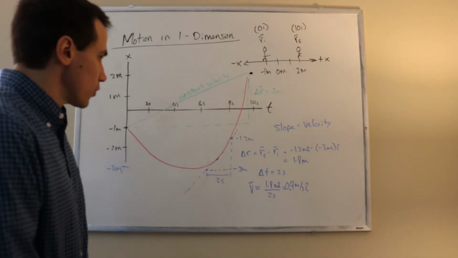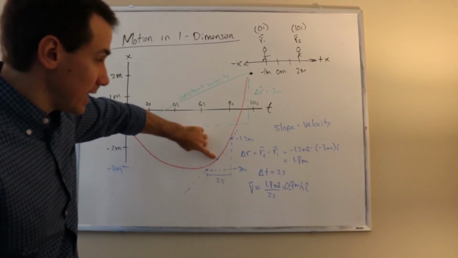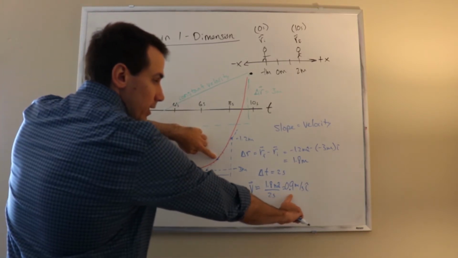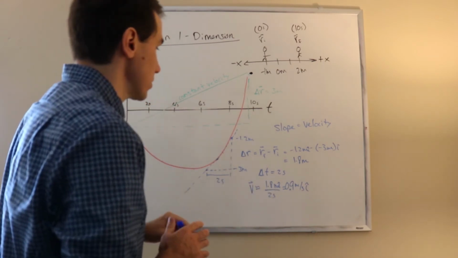Okay, so my slope at this moment is about 0.9 meters per second in the positive x direction,